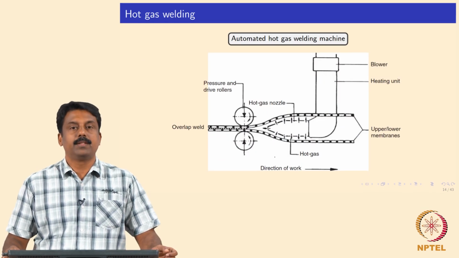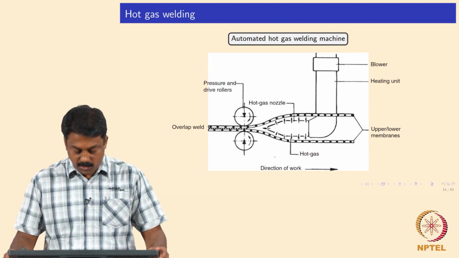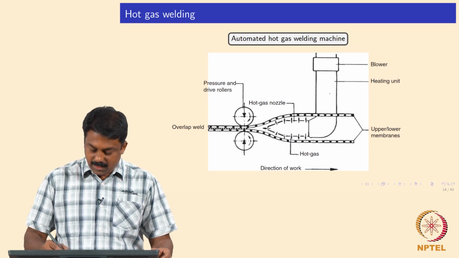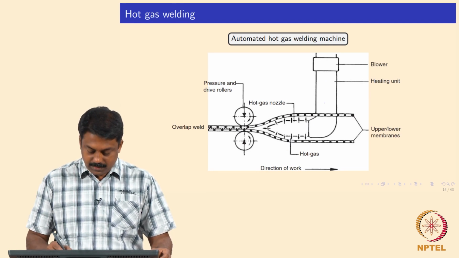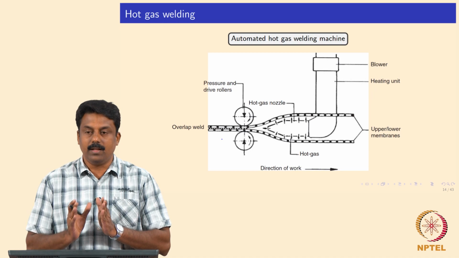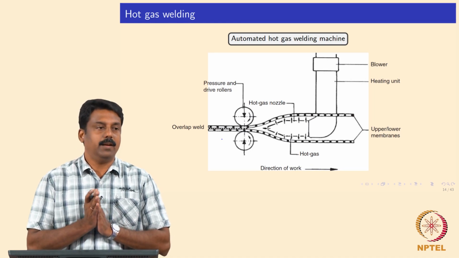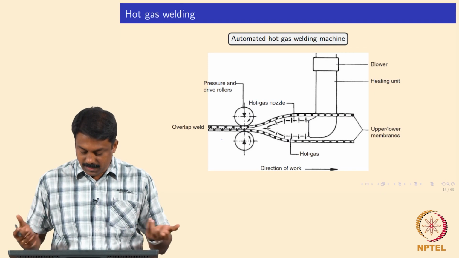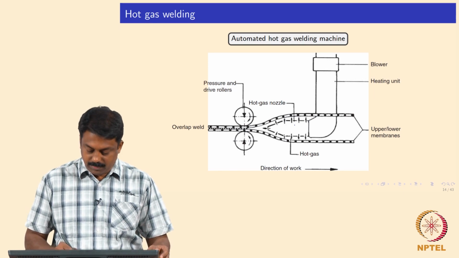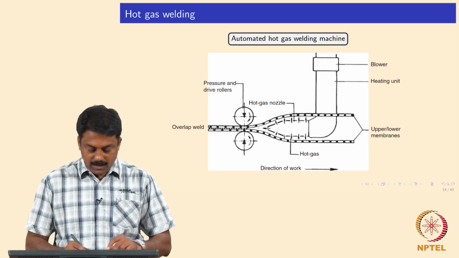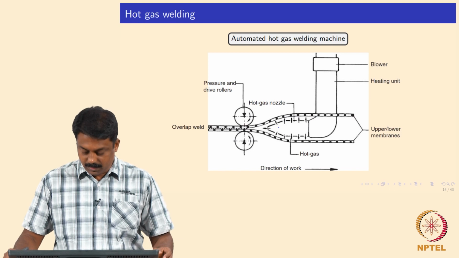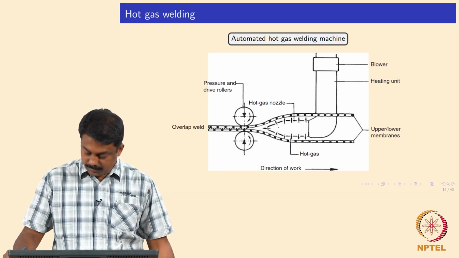So, we can also automate the process to make longitudinal seam joints. Again, the principle is the same as in hot plate welding. The only thing is here we may add a blower and then a filler. It can be sent to the joint. Subsequently, you can fill, and the rollers can apply pressure to get the filler joined with the interfaces to be welded. Right. So, it is not really complex in terms of the process itself. The principle is the same. The blower and the heating unit heat up the filler, and the filler melts and then solidifies. Subsequently, a roller can press to make sure that the interface is molten and mixed with the filler. Okay, good.